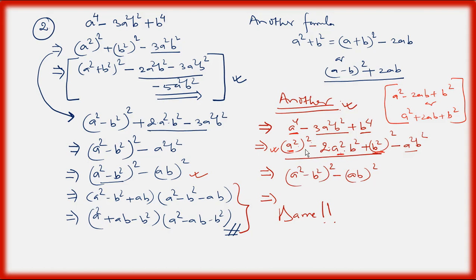So (a²)² minus 2·a²·b² plus (b²)² is written, but the term is minus 3a²b². Here I express it, keeping only minus 2a²b², but still minus a²b² is left to match the first step. That's why minus a²b² is still here. So minus 2a²b² minus a²b² gives this line. The terms break in this way: the first part and third part remain in that form. I think I made it clear. Yes, sir. Thank you.